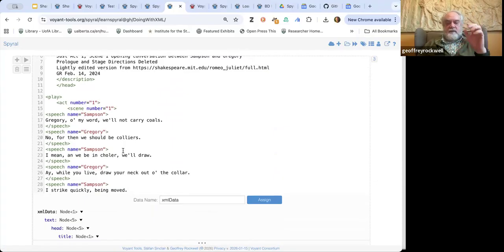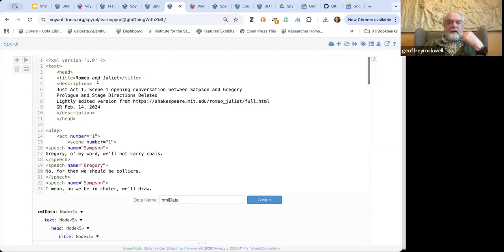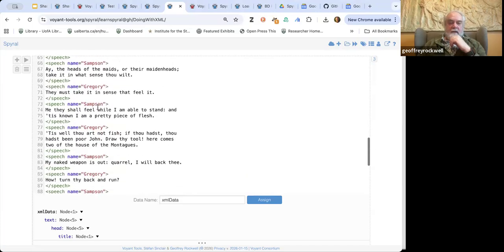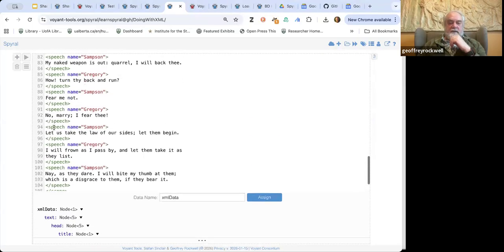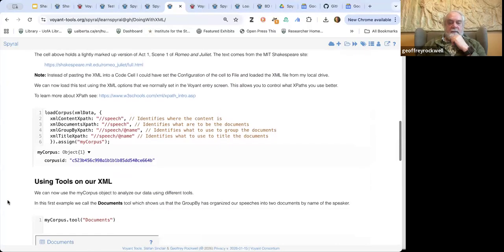You need to understand XML, which is a language for marking up data that is sequential. It's used a lot in the digital humanities for marking up novels, plays, manuscripts, and stuff like that. So here I have an XML file, which is Act One, Scene One of Romeo and Juliet. And you'll notice that for each speech, we've got a tag that says speech, the name of the speaker, then we have the speech, and then it's speech off, and then we have the next speaker, and so on, so on, so on. So that allows me to load the XML data